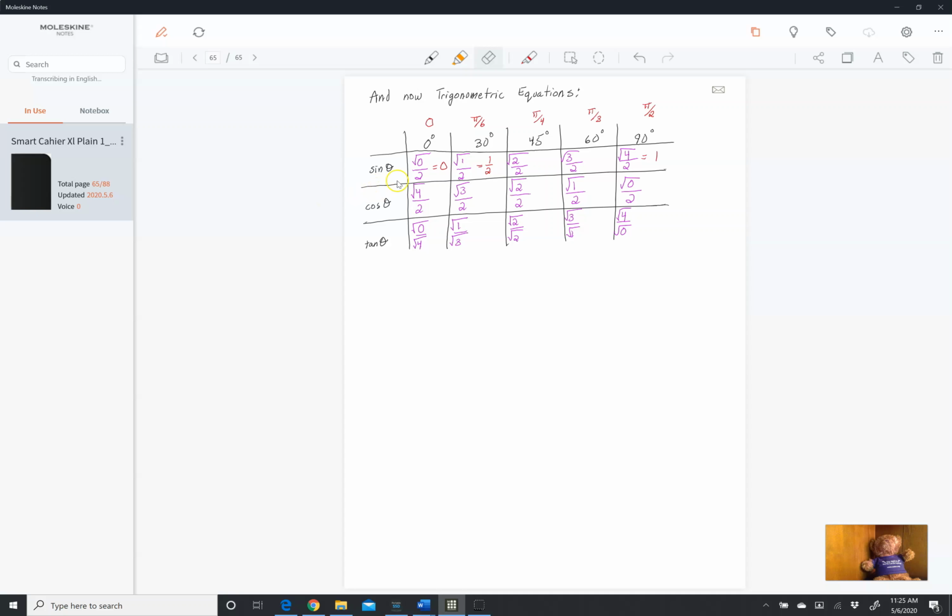And this 0 and 1 makes sense, right? At 0 degrees or 0 radians on the unit circle, the y value is 0. At 90 degrees or pi over 2 on the unit circle, the y value is 1. So this makes sense, okay? And